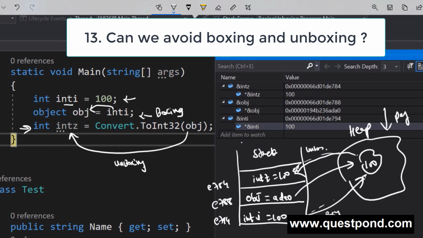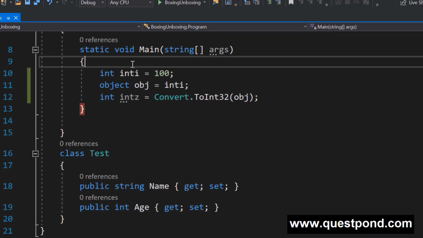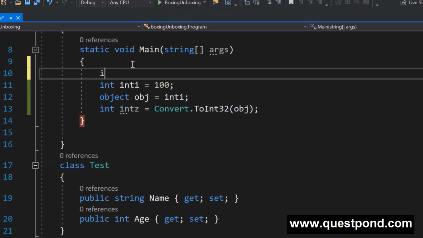For example, in this case out here, this is really a bad practice. I mean, there is no point of moving this integer into an object. There is no point of moving an object to an integer, right? So such kind of things should be avoided. But then, there are some situations like this, for example, look at this. Let us say that you are taking an input. So now let us say you're taking an age input, right? So you'll write here